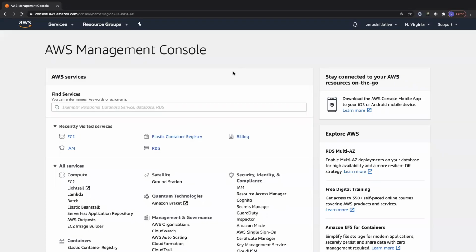So hey everyone, welcome to one more section in the project one. So in the previous video, what we did was we went ahead and got our Docker image and we pushed our Docker image to Elastic Container Registry. So now in this video, what we are going to do is we are going to go ahead and create